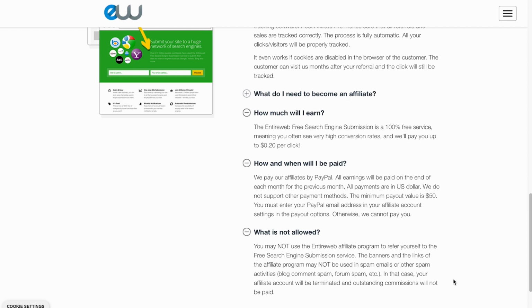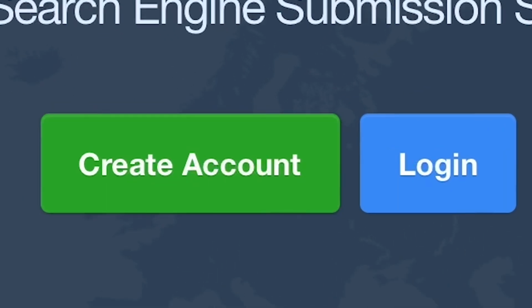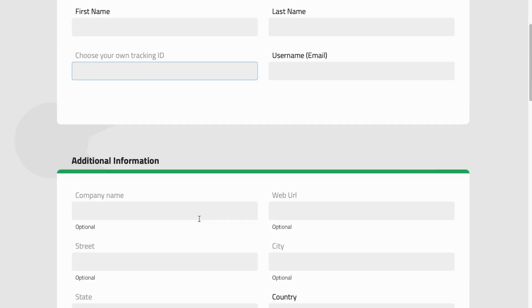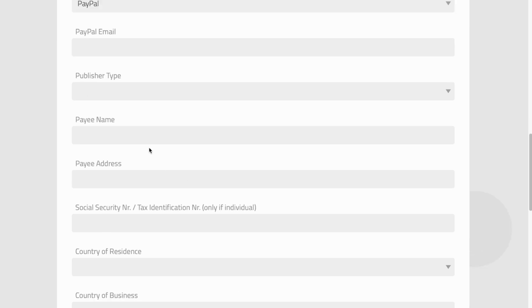So for that, come over to this page right here, then you're gonna click on create an account. After that, you can create an account using some basic information like your name, your email, adding in your own tracking ID. So inside of here, you're basically gonna add in your own little nickname or ID that's gonna be tracking your account. So add that inside of here, fill out the rest of this information right here at the